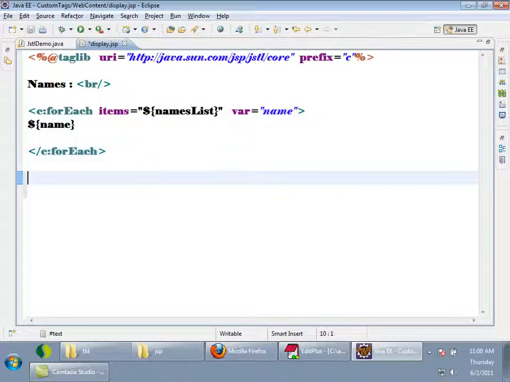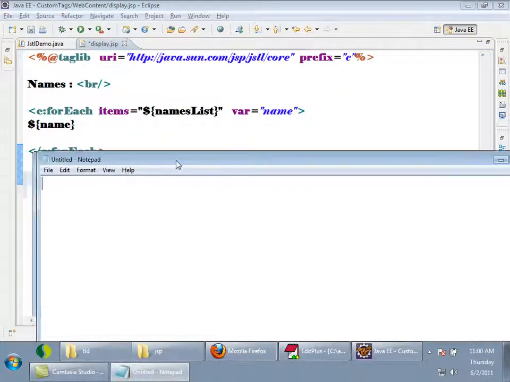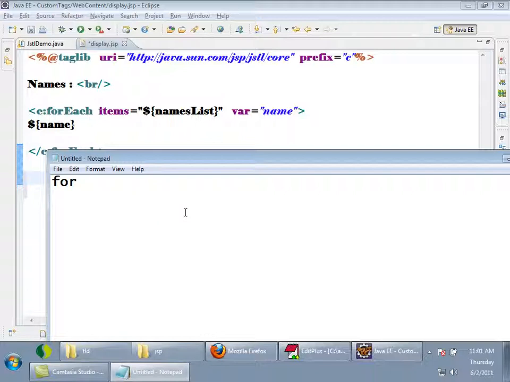Suppose I am writing a scriptlet, suppose I am writing Java code, I will write like this: for, using the new for loop, the for each loop, something like this: String name colon nameslist. If nameslist is pointing to an ArrayList, I'll use it like this, right? out.println name. Is this the way I iterate over a list if I am using a for loop in Java?